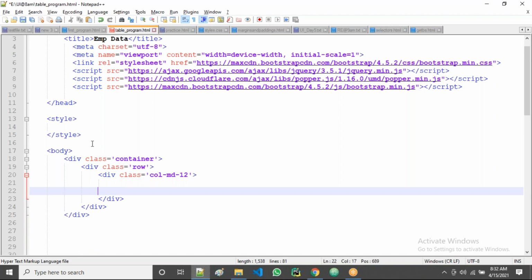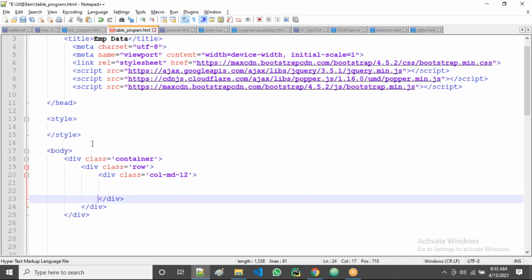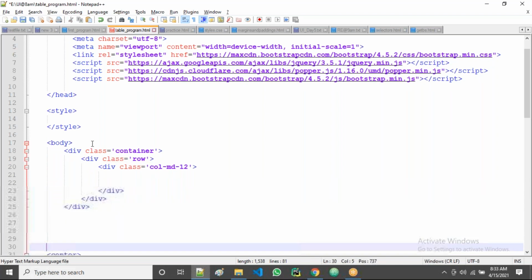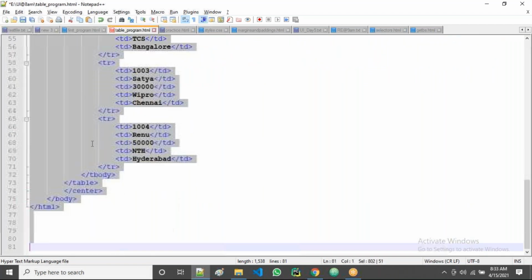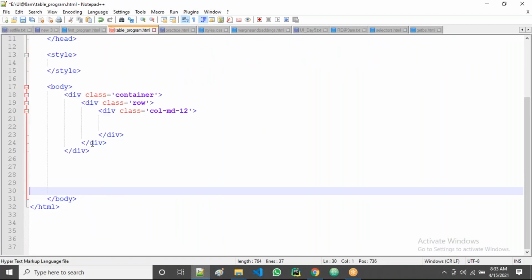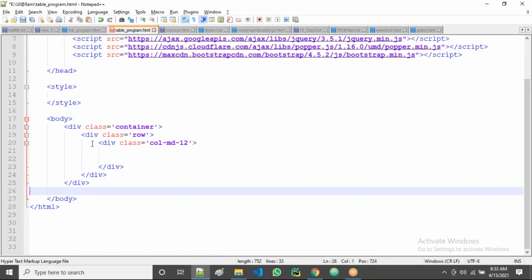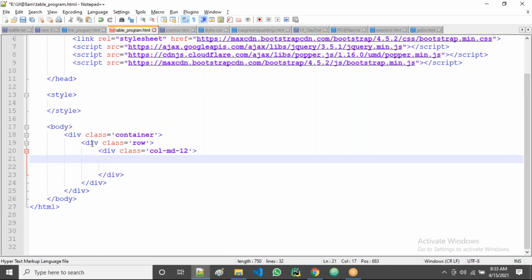Now the table I'll copy and paste here. This entire table I'm cutting from there and I'm going to paste here. All of you are following me, right? All of you are clear?